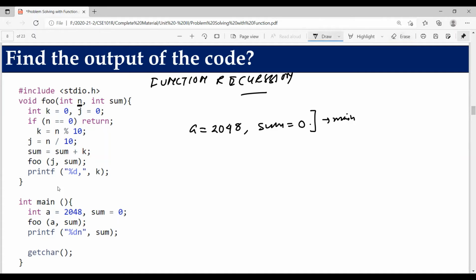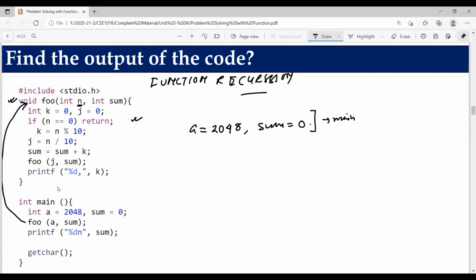Here you can see the function has been defined above the main method. Remember one point: when you define a function above or before the main method, function declaration is optional. No need to declare the function. Here the code only has the definition, the declaration is not there for function foo, and it is okay because it is done before the function main. So now it's jumping to the body of the function.